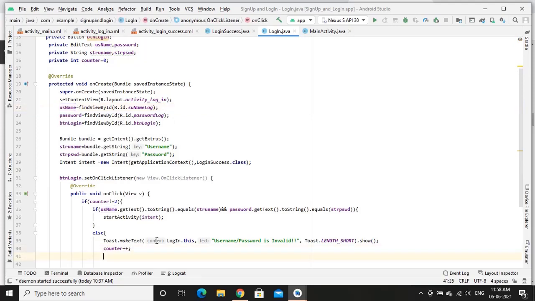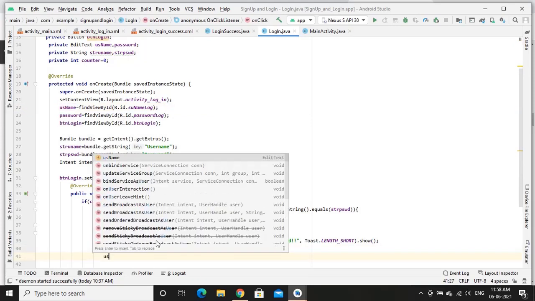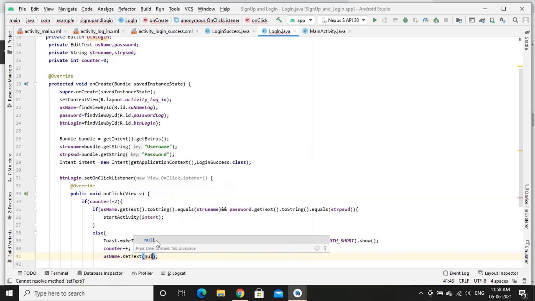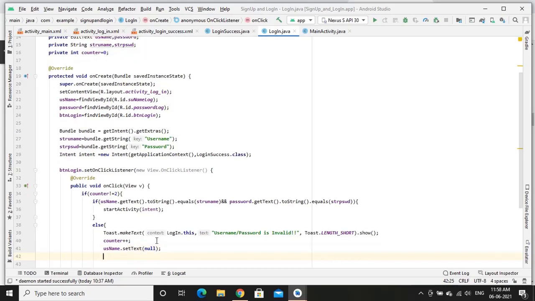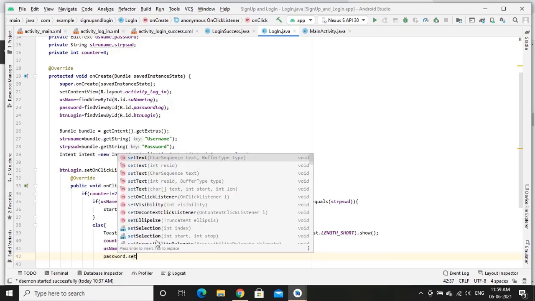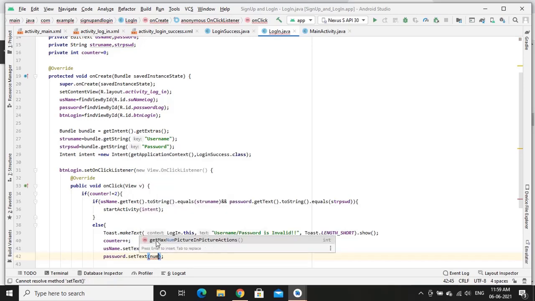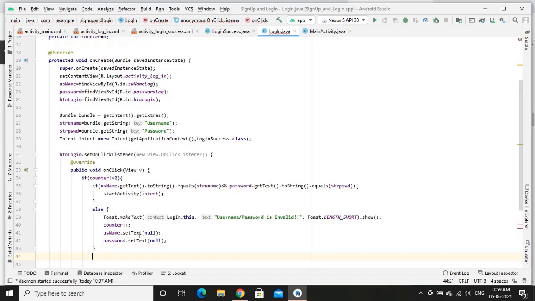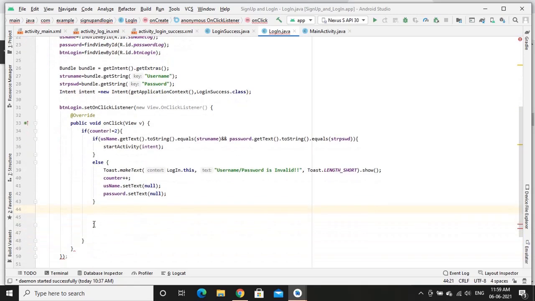For that, uname dot set text, either fill with the empty string or pass it as a null, and also do it for the password dot set text null. And close one more if. Okay.